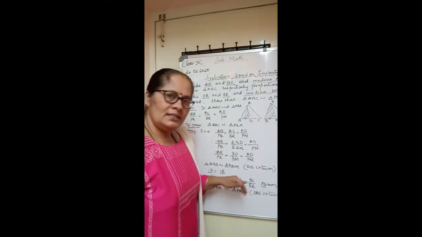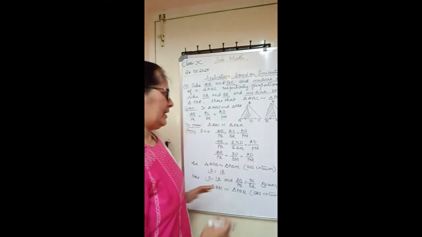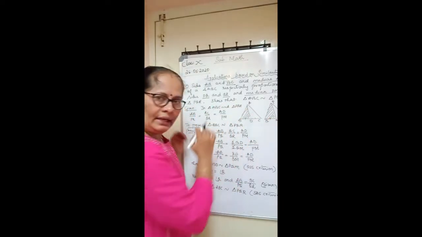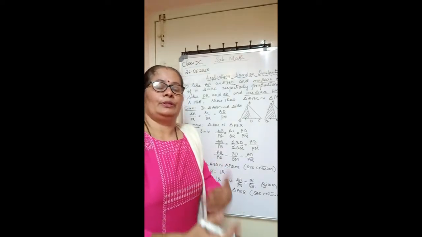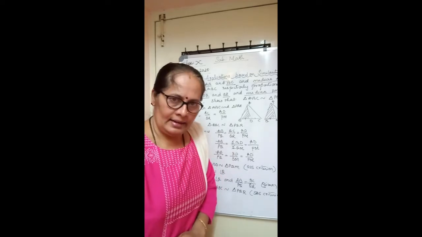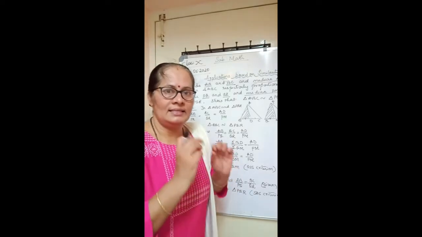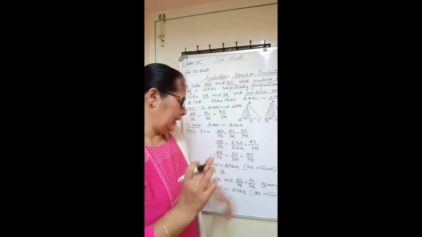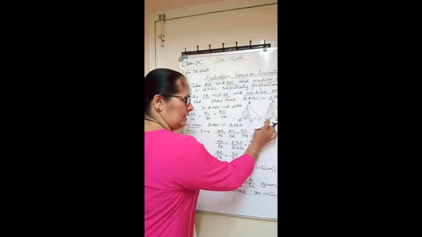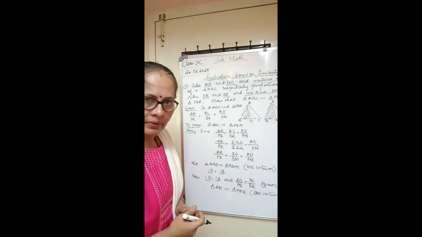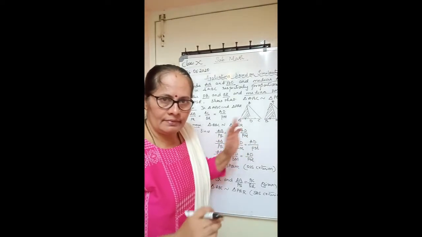When ABD is similar to PQM, their corresponding angles are equal, right? So angle B equals angle Q. When the three sides of one triangle are proportional to the three sides of the other triangle, their corresponding angles are equal. This is the SSS criterion. Therefore, ABD is similar to PQM, so angle B equals angle Q. Okay. Now you got angle B equals angle Q. This is the one condition.